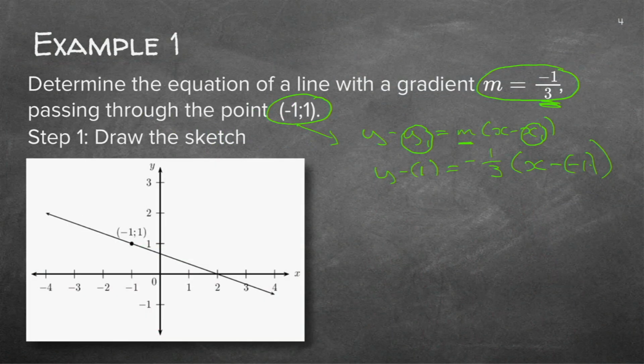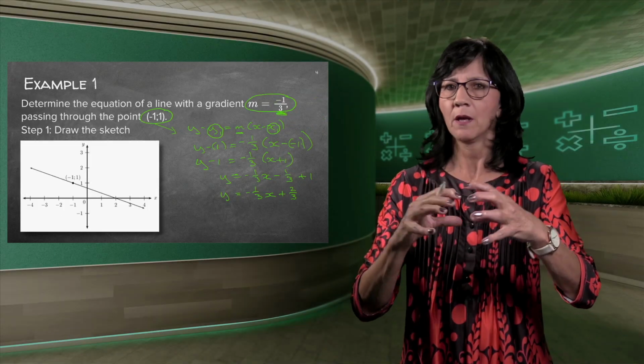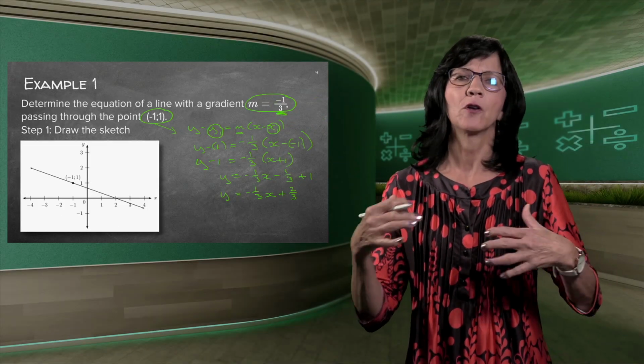And if I now multiply this out, y minus 1 is minus a third x plus 1. It is minus a third x minus a third. And I actually want the y all on its own, so I do not want the minus 1 there with the y. I need my formula, so I take the minus 1 over. 1 minus a third is plus 2/3 x. And there's your equation. So I had only one problem, one formula, one line of substitution, and I got to my answer straight away.